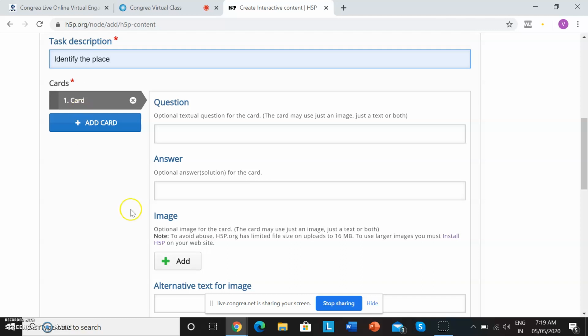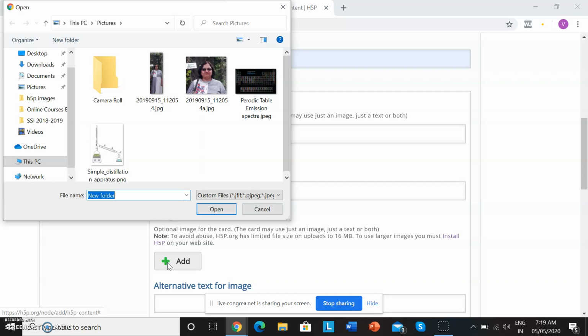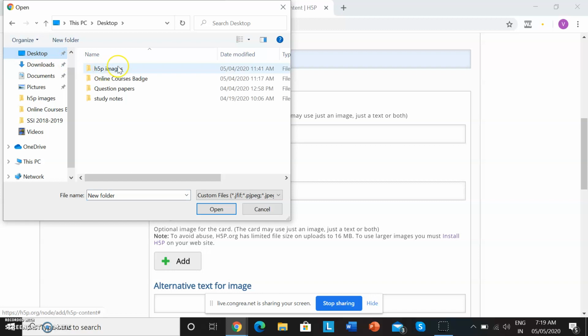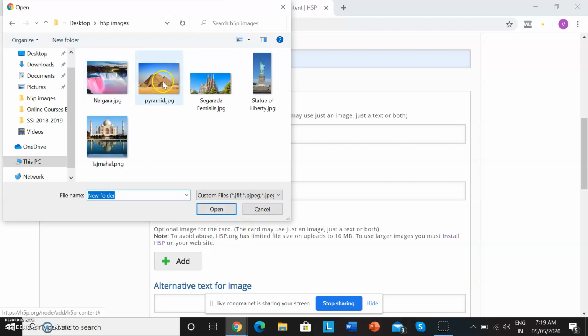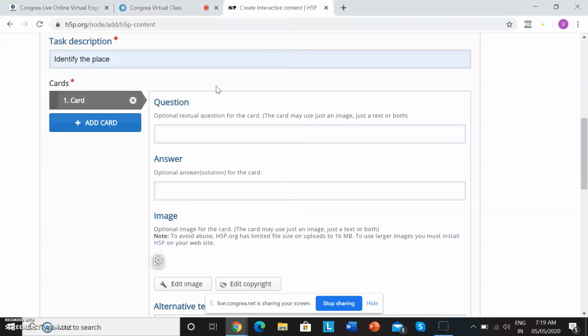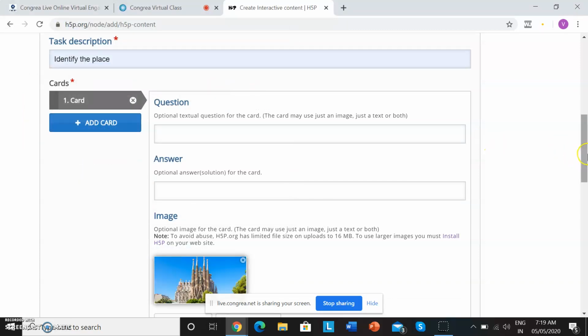Okay. So here I am going to add the image. First I will add the image. Now the necessary thing is that when you are starting with this, in order to save time, you can keep your images ready in a file. So I have the images ready in my file. I will just search for my images, going to the desktop, and here is the file which contains the images. So I am opening the file. Yes. So I am going to add the first image. So it's uploading. With the double click, it is uploading.